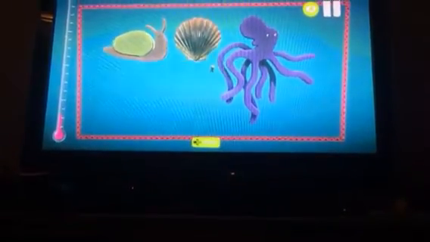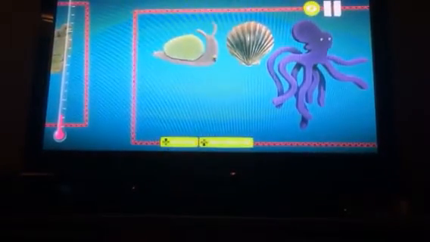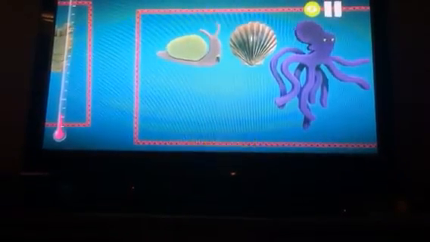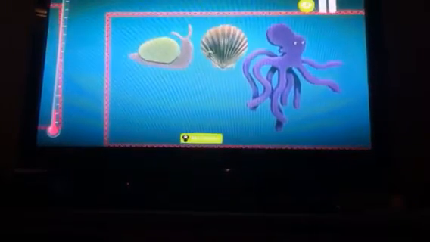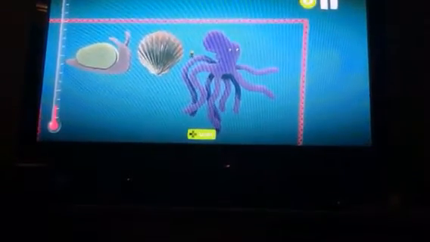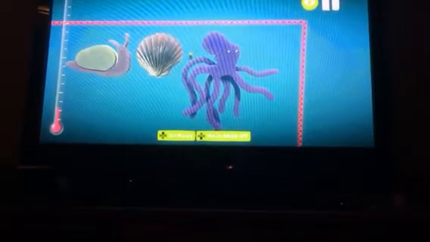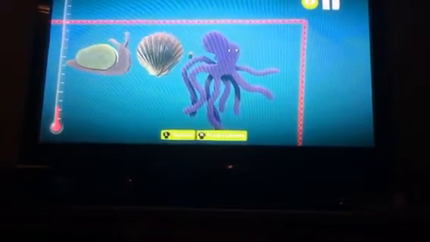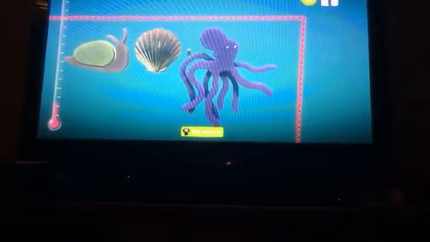So this is a pretty big group of animals. They're separated into 3 different groups. It's the gastropods, the bivalves, and the cephalopods. All of these animals have